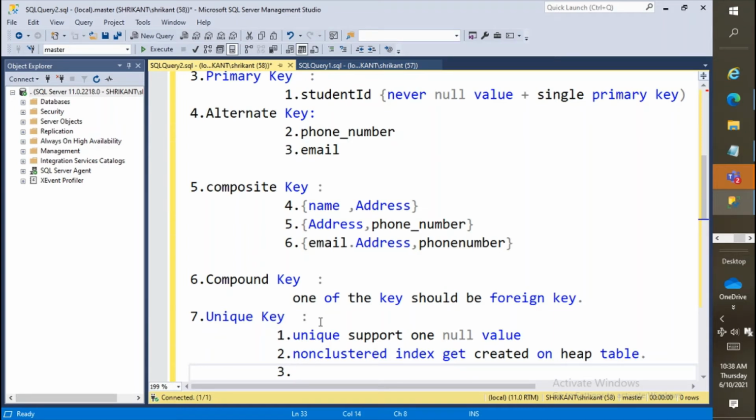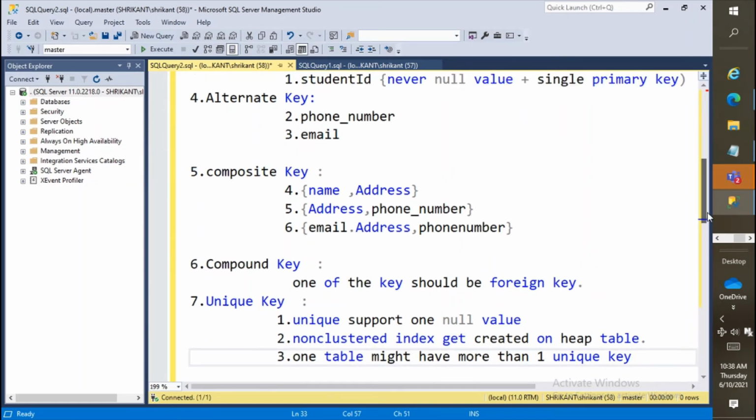Next, one table might have more than one unique key. So these are a few interesting points.